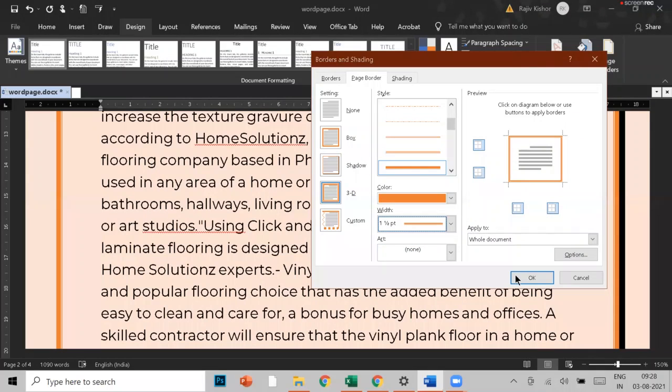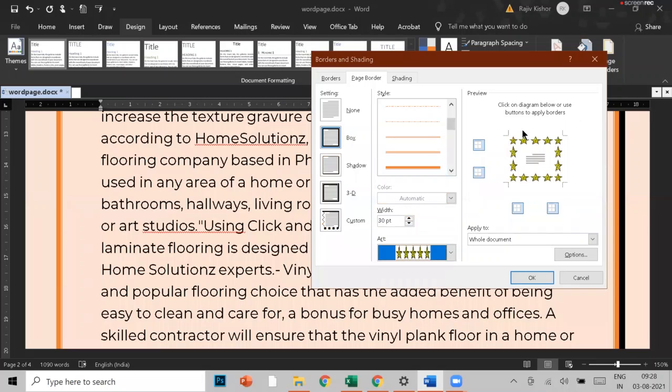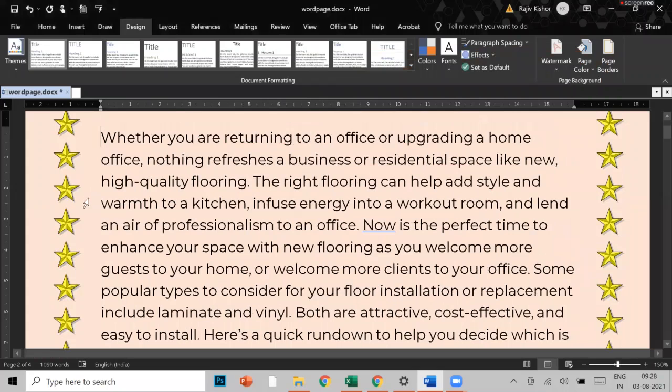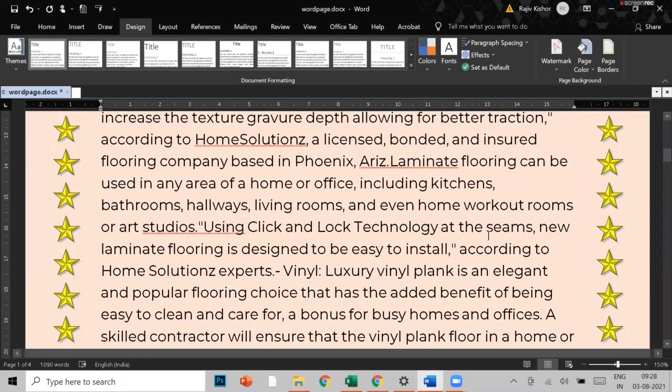Okay. And next I'd like to tell you about this none. When you click on this art, it is showing some patterns, some designs for a border. You can select any one. For example, I want to have this one. So your border will appear like this.